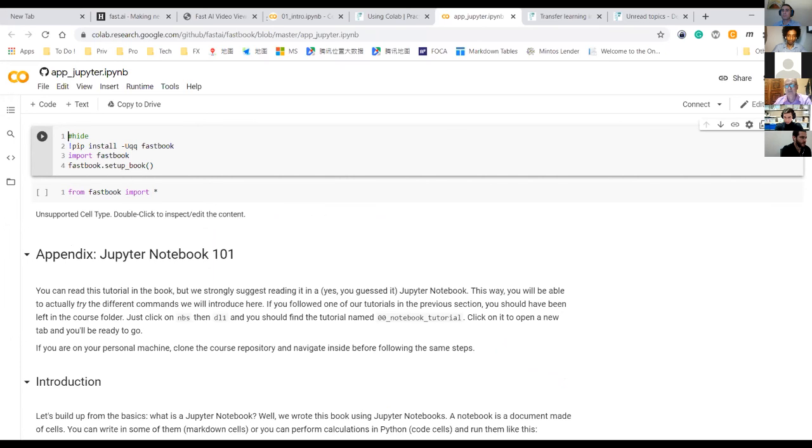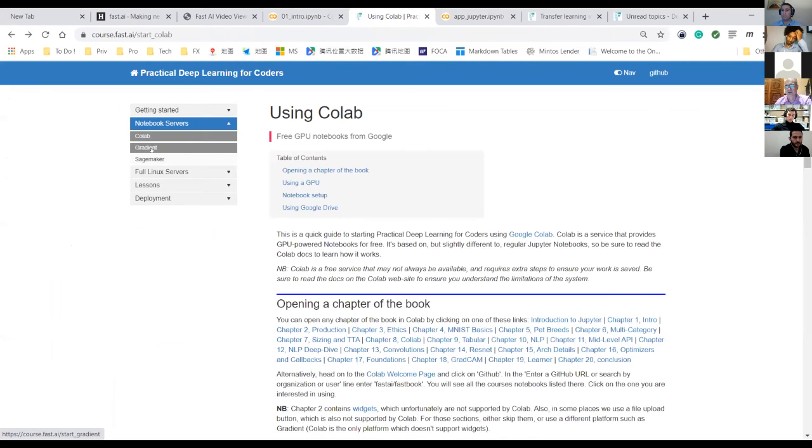If for some reason you're in China, you do need a VPN to reach Colab. We're working on something. It seems it may be possible not to need a VPN, so when we find that, we'll let you know. But at the moment it is needed. There are alternative servers that can also be used, but I think those are not necessarily free. You can try that later. But at the moment, we have good experience with